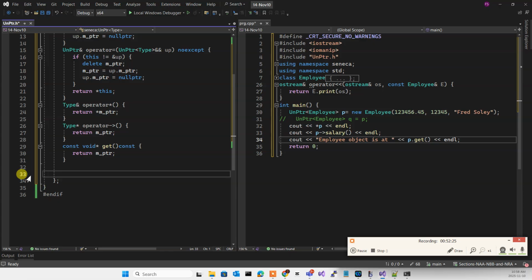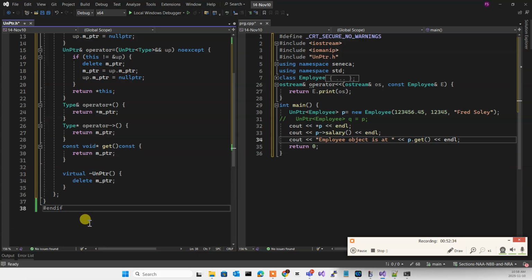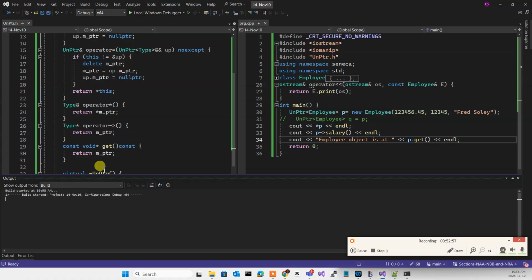And for that, again, I have a very easy solution, which is essentially a destructor. Because now this template is a class, all I need to do is to say, hey, when the unique pointer is going out of scope, delete it. So now my unique pointer has an employee that is dynamic, and when it's done, it automatically deletes itself. So I don't need to worry about anything being deleted anymore. I just create a unique pointer for my dynamic memory, and when the program's running, hopefully if I don't have an error here,